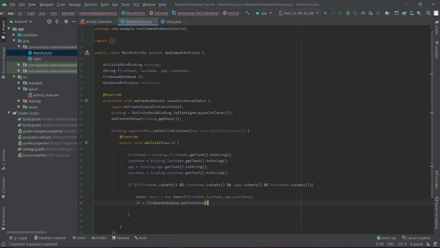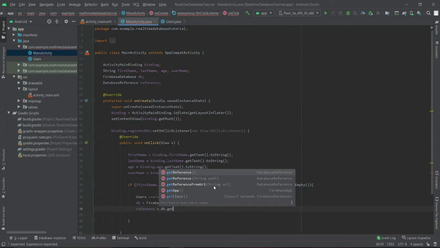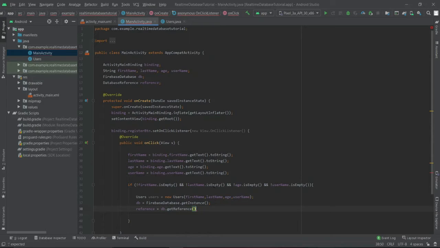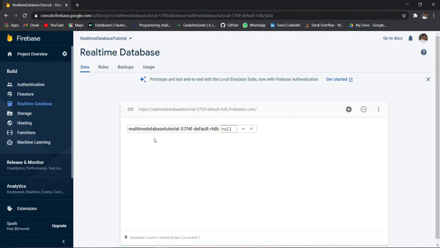Now we have got the instance of our database, right? Now we'll create a reference for the same, db.getReference, and here we'll pass the path. So what this line of code will do is, here you can see there is no branch for this database, right?